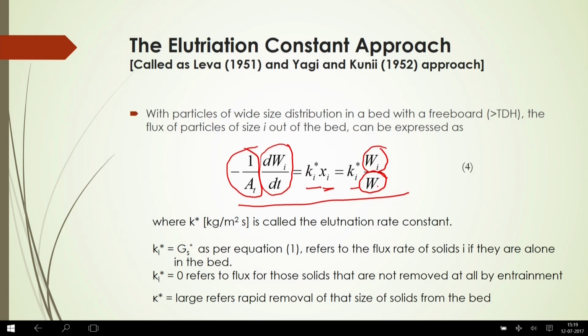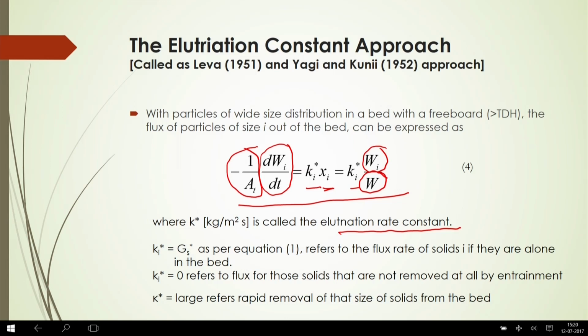So, this W_i is the weight or mass of the ith size particles, and W is the total mass of the bed, for all classes, where k star is called the elutriation rate constant. This k_i star is equal to G_s star as per equation 1, which refers to the flux rate of solids i if they are alone in the bed,